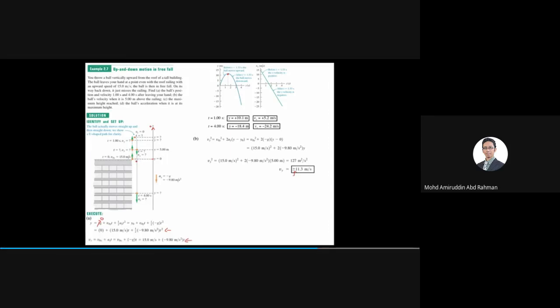If I take the square root of that, I actually get two solutions, a plus and a minus 11.3 meters per second. I do not want to throw out the negative solution. It is a real solution. The second one corresponds to when it's coming down. So its speed on the way down at this position is equal to the speed on its way up. The same will be true at y equals 0. When it gets back down to the rooftop level, it will be moving down at 15 meters